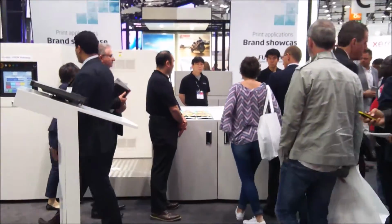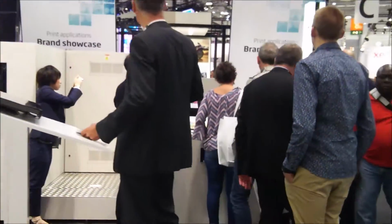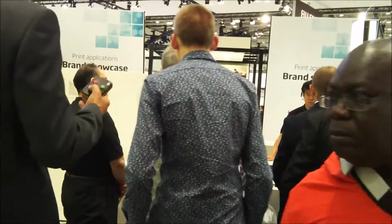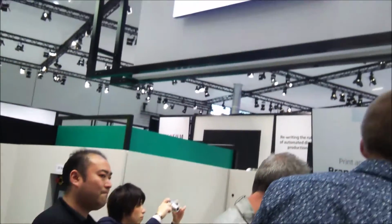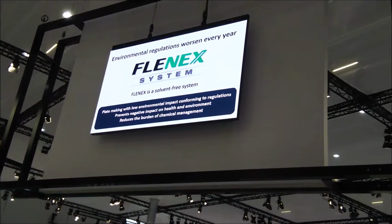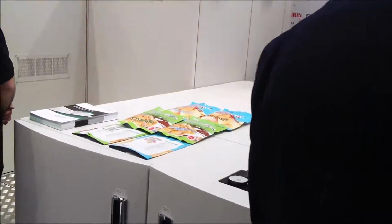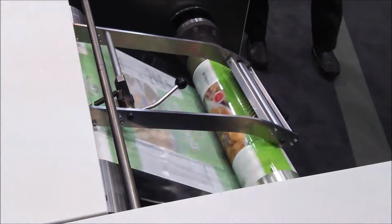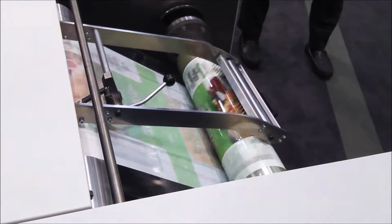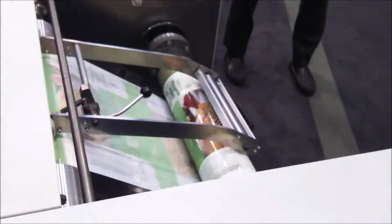Coming back to the presentation, finally let me introduce another package printing solution, our Flenix FlexiPlate making system with outstanding environmental performance and efficiency. As you might know, environment-related laws and regulations are becoming tighter by the year. For processes involving the use of organic solvents, companies are now required to enforce strict chemical management and to report its use to relevant authorities. Furthermore, they need to make capital investments in facilities dedicated to processing and recovering spent organic solvents, with its processing costs causing an increased financial burden of factory